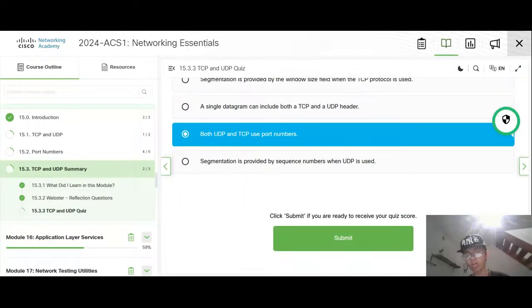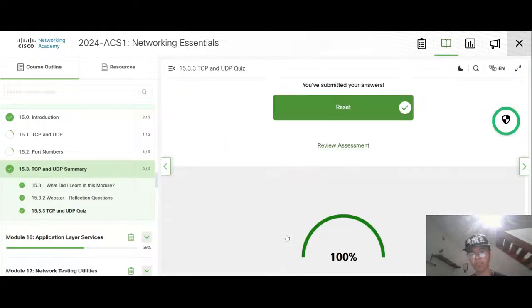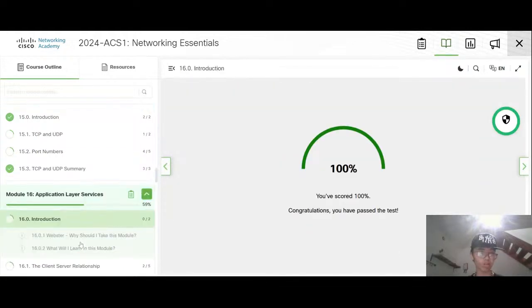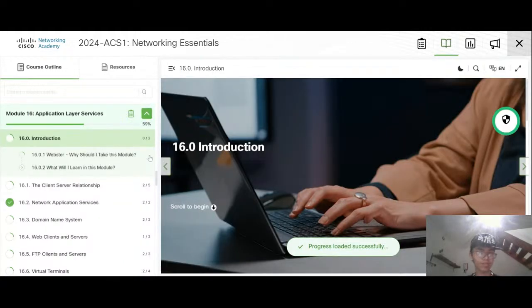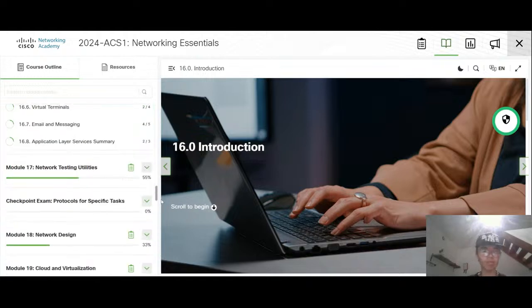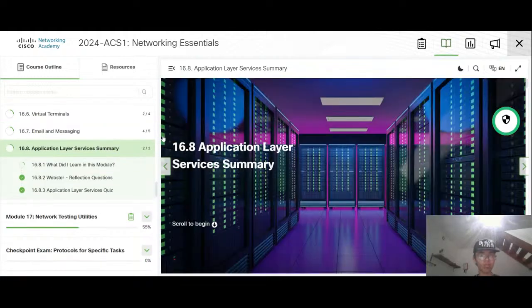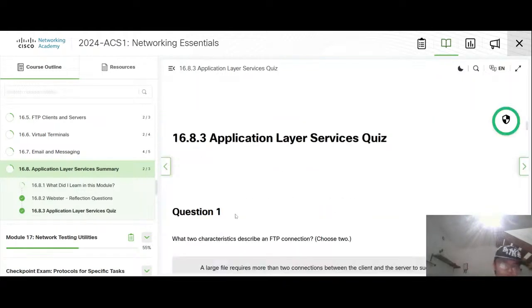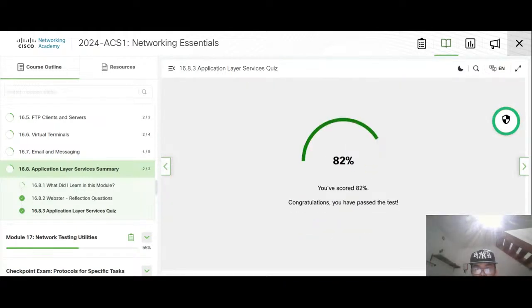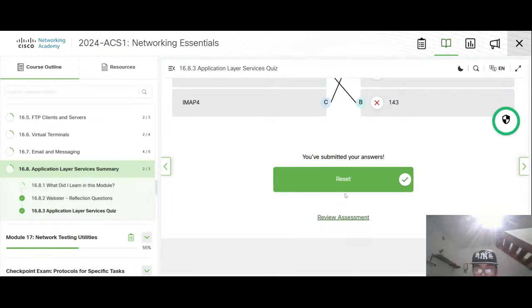100%. Very great. Okay, things that I've not learned, FTP, so I will go relatively fast. Just check if it's okay. It's 82 percent.